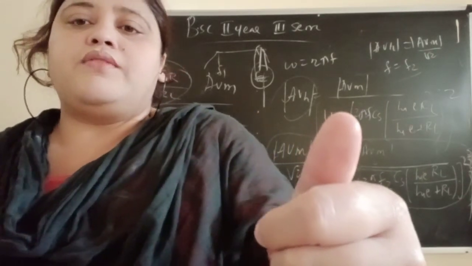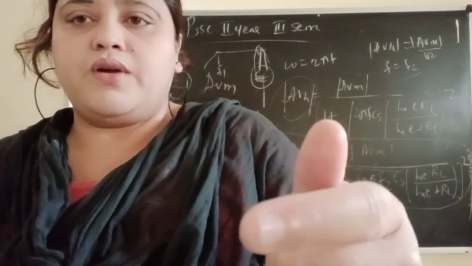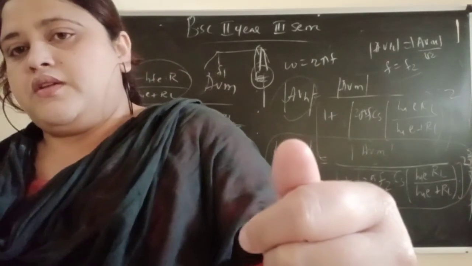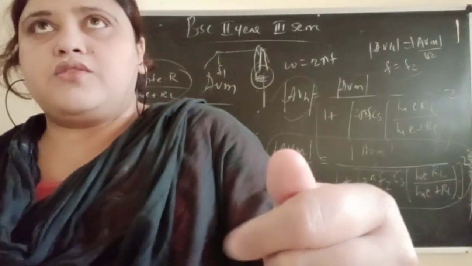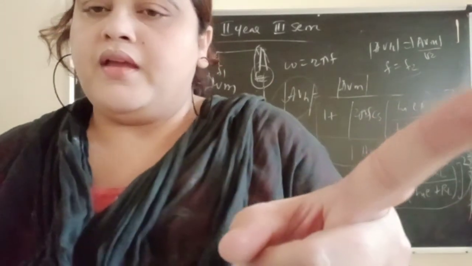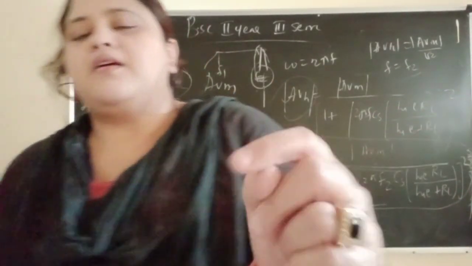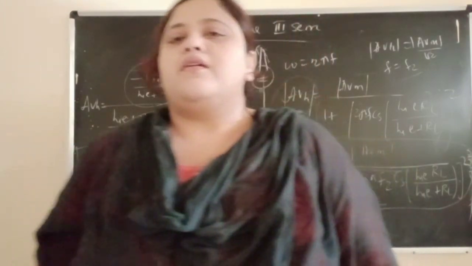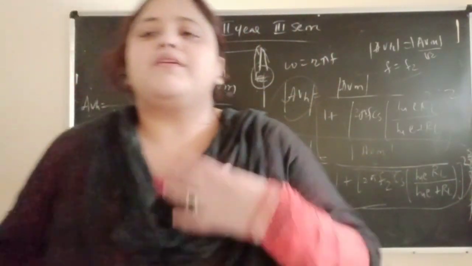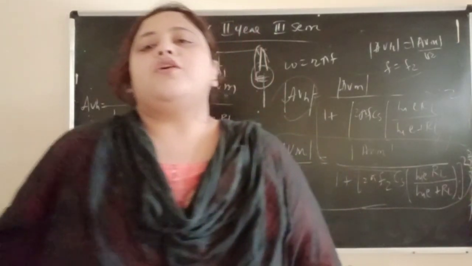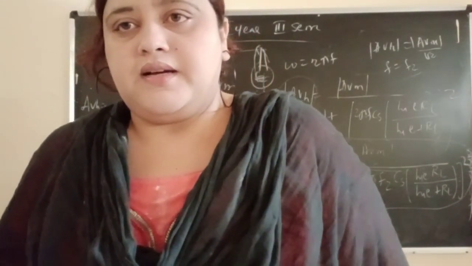Okay, which is nothing but F2. Then when we got the equation, instead of AVH we wrote AVM by root 2 is equal to, instead of F we wrote F2. Finally, we got the equation for high frequency range also. By this, we have finished our first chapter in your unit 3, that is RC coupled amplifier.